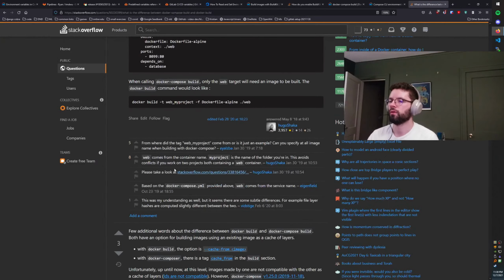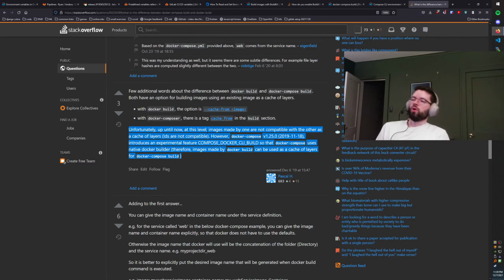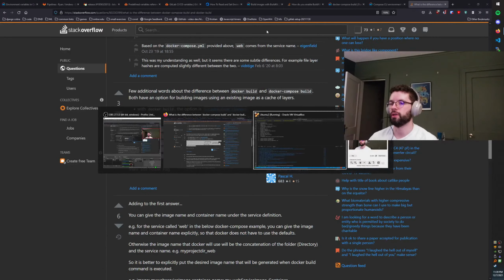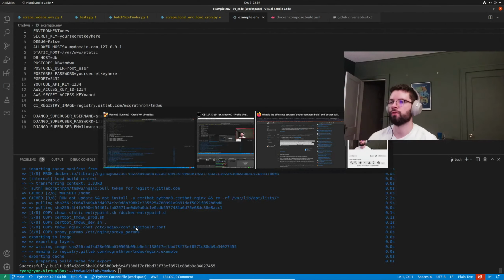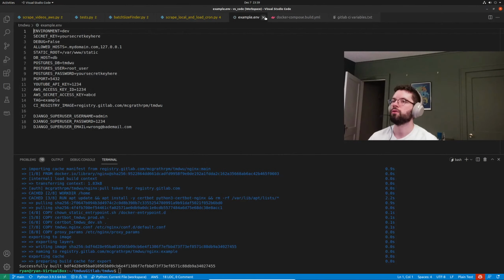So images made by one. Oh wow. So yeah, that explains a lot. So all that stuff I was seeing previously about not being able to mix compose and Docker was because of that, and putting that environment variable in front of my build makes them interoperable. That's really nice. Okay, so I learned something here, and I made good changes to my pipeline